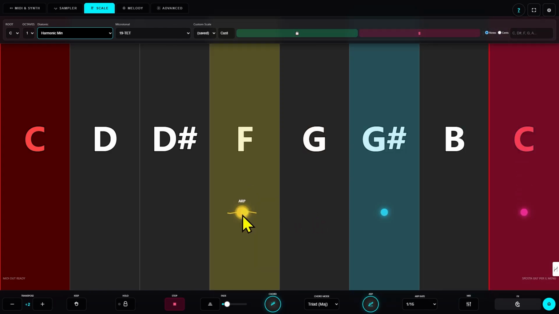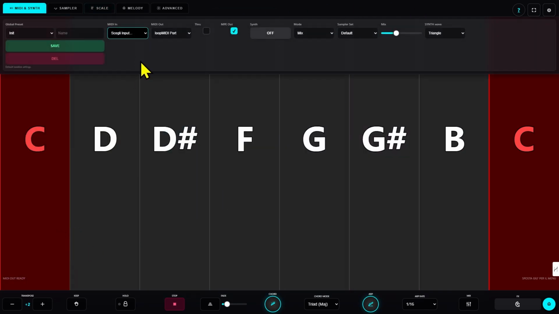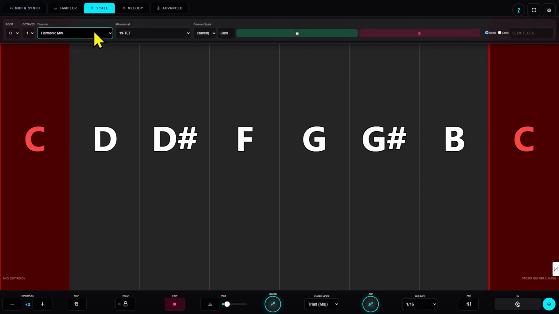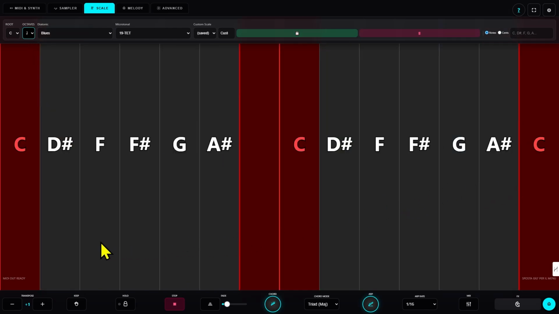External MIDI in use. To use an external MIDI controller with Jenka, select your device in MIDI in. Incoming notes will be processed by the app's scale and chord logic, so you can instantly constrain performance to the current scale or generate harmonies. If internal synth is on, Jenka will play those notes through its own sound engine. If it's off and MIDI through is enabled, the app will forward the processed MIDI to your selected MIDI out device. This lets you combine external controllers with Jenka's scale snapping, chord modes, and expressive mapping.